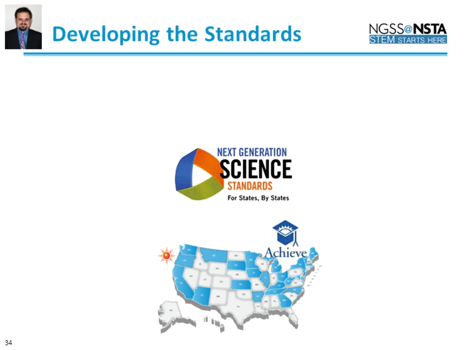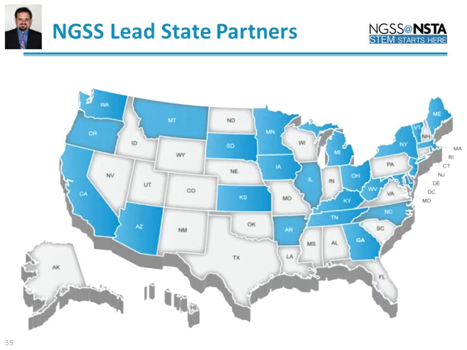And the standards were developed by a consortium of 26 states. You can see listed in blue here, and the process was organized and managed by Achieve. So there's these 26 states, and each of these states had an important role. They had a representative, usually the state science supervisor, who was part of a committee that really made all the decisions about what happened with the standards.